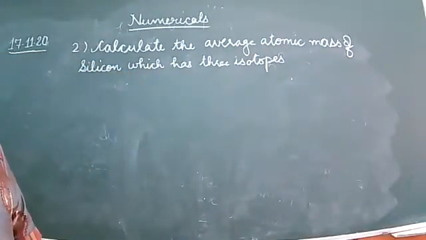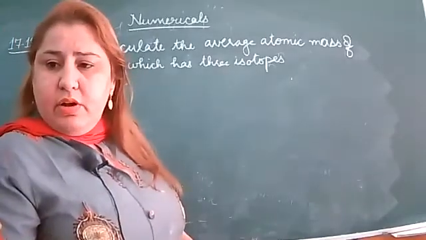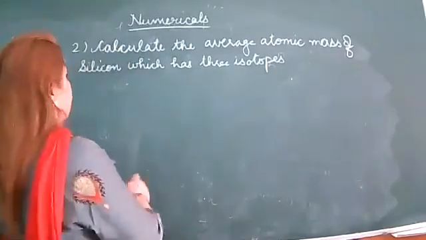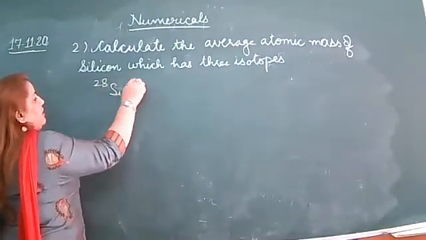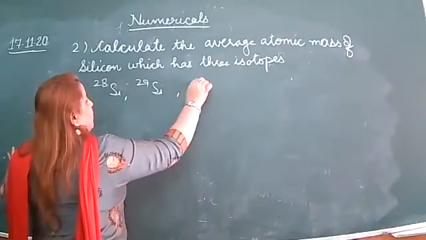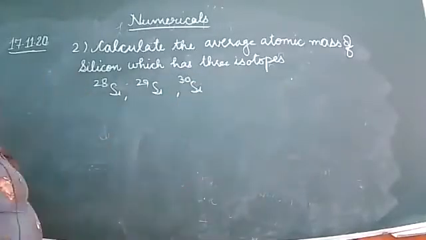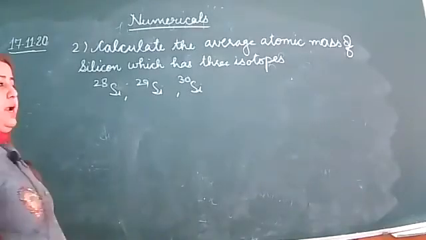Silicon which has 3 isotopes: 28 silicon. I am just writing down the mass number. 28 silicon, 29 silicon, and 30 silicon, with natural abundance